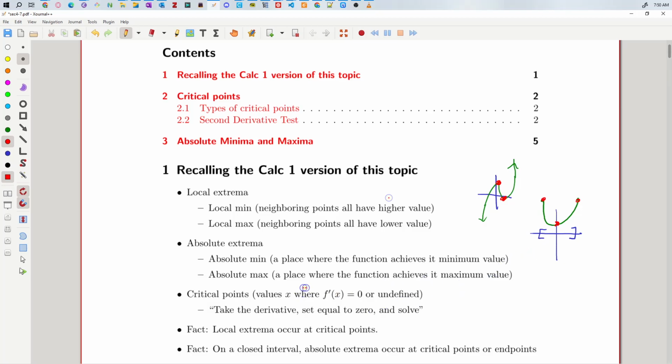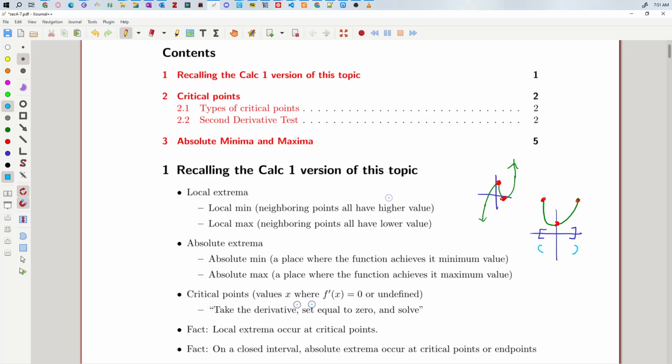And maybe this wasn't emphasized so much in Calc 1, but I'm going to emphasize it now. It's important that the interval in question was a closed interval, because if this was instead an open interval, maybe I'll make both of them open, there's an issue: the function never obtains the maximum. There's always a value closer to this value here where the function will be higher. Because you're not including the endpoint itself, you can get arbitrarily close to the endpoint, and you can always shrink that distance. So you're always able to produce successively larger values